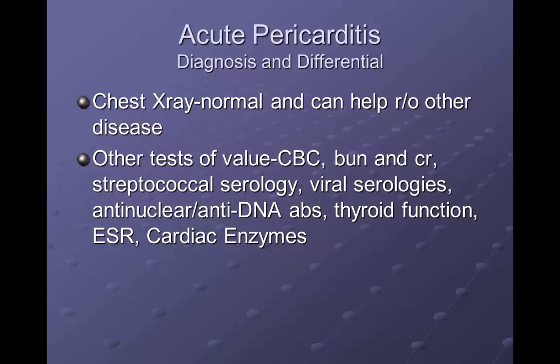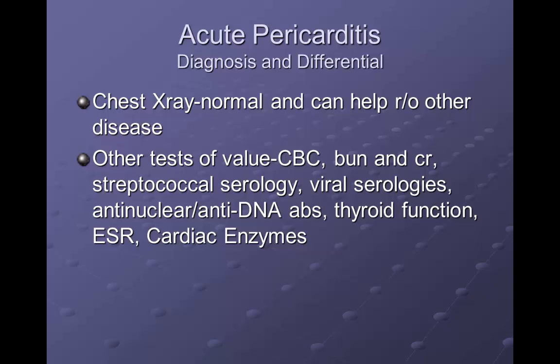Other tests that could be done basically could be a CBC. Of course, the patient is going to have leukocytosis, BUN and creatinine in case of the presence of acute kidney injury and uremia, because uremia is another cause of pericarditis. You could do serology for streptococci, virology. You could do